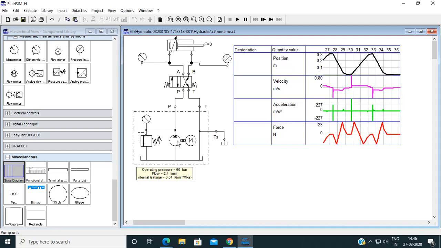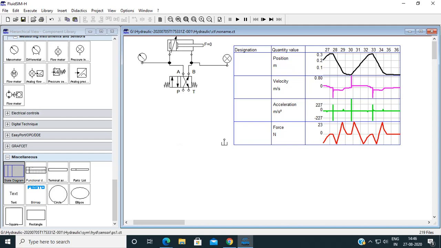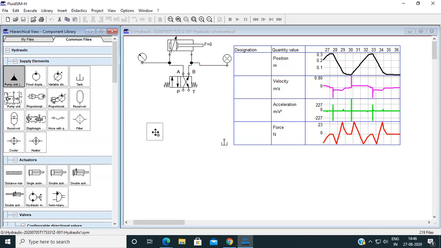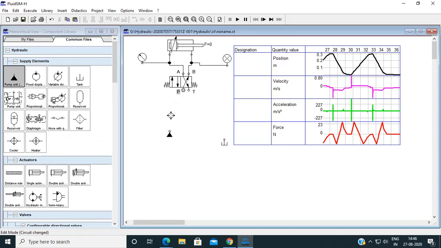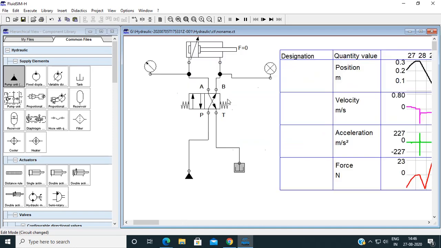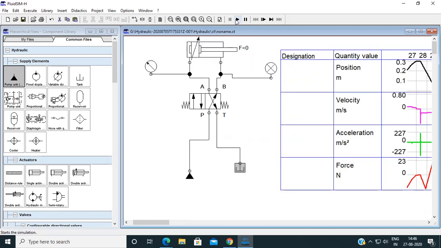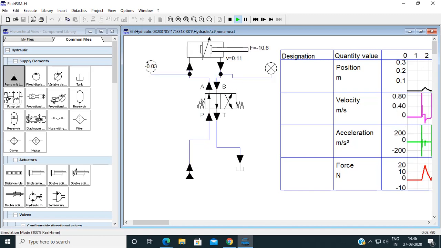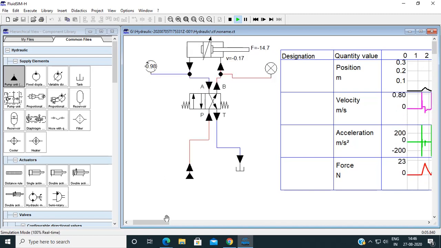Now we will modify it. I don't need the whole setup over here. So I will just place the pump unit over here. I just take one pump unit and connect it to the tank. So still I can run this setup. So animate, see, still I can take the readings.